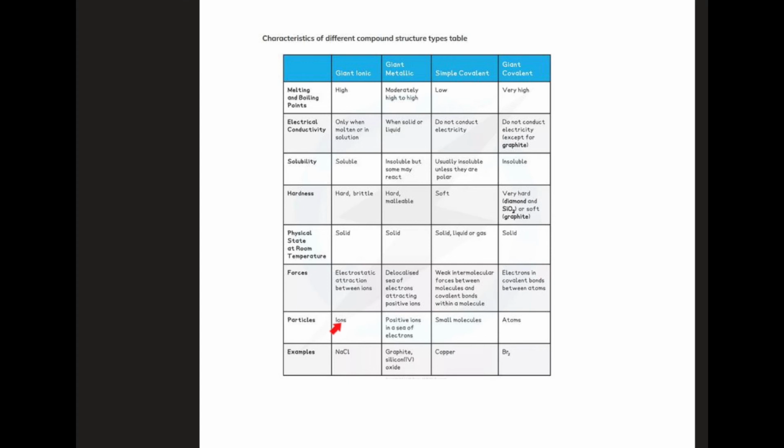Particles: this is a positive ion in a sea of electrons. This one is positive ion and negative ion. This is positive ion and electron. So it's different between these two. This is a small molecule, and this one is atoms, carbon atoms for example. Okay, so examples: NaCl,